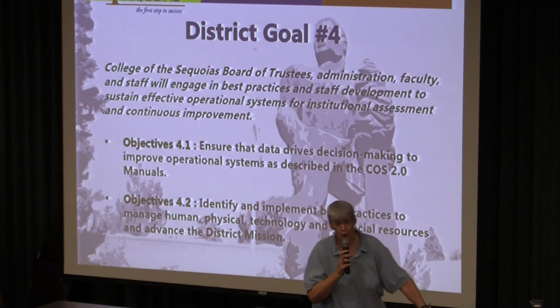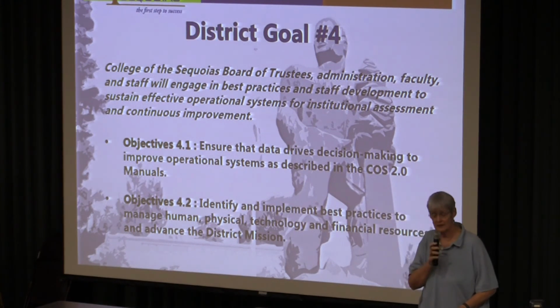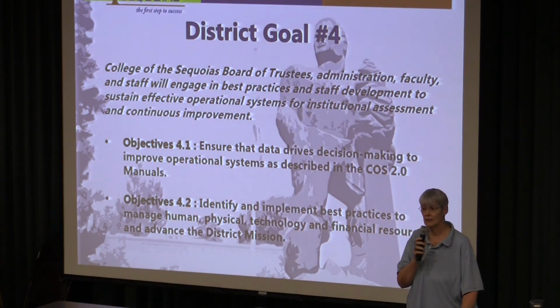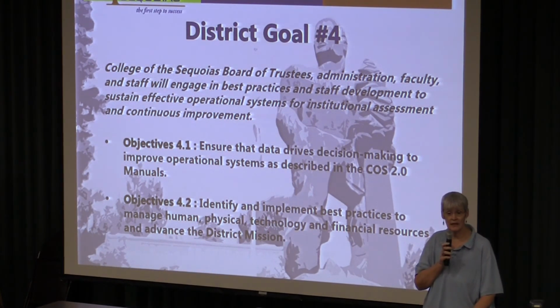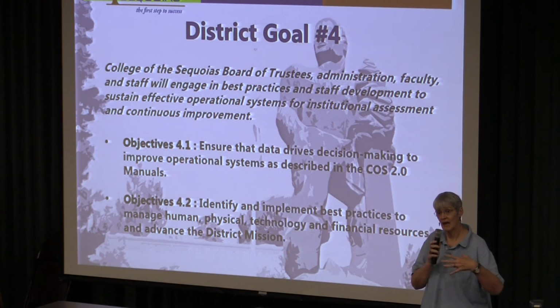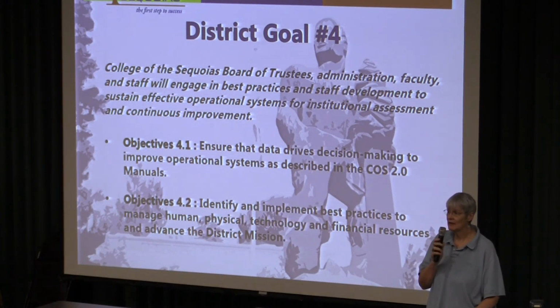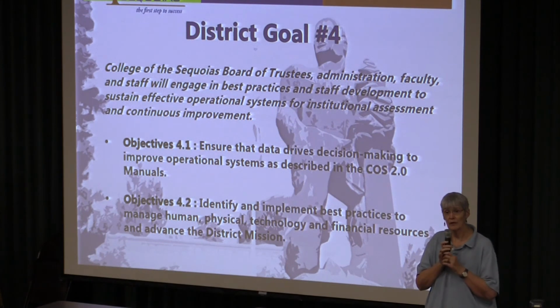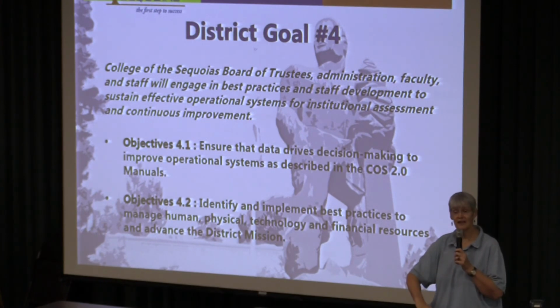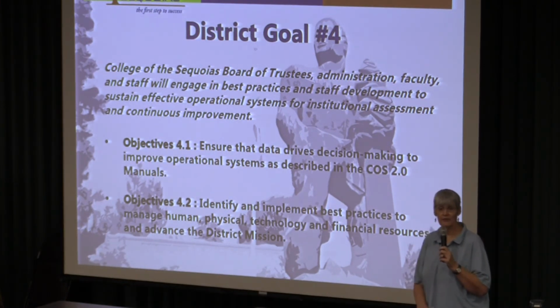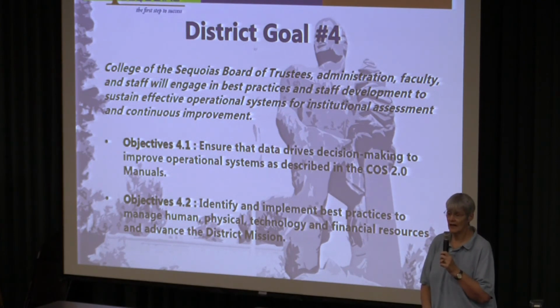District Goal 4 was the goal that was developed after feedback from the summit on the master plan last year. It was the addition to the rest of the goals. This goal is primarily directed at the college, our systems, ourselves, to make sure that we continuously improve. One of the things we learned through going through the trial of show cause and then warning and, yay, now fully accredited, is that we have to really focus on our own processes and make sure that our processes are allowing us to help our students succeed.